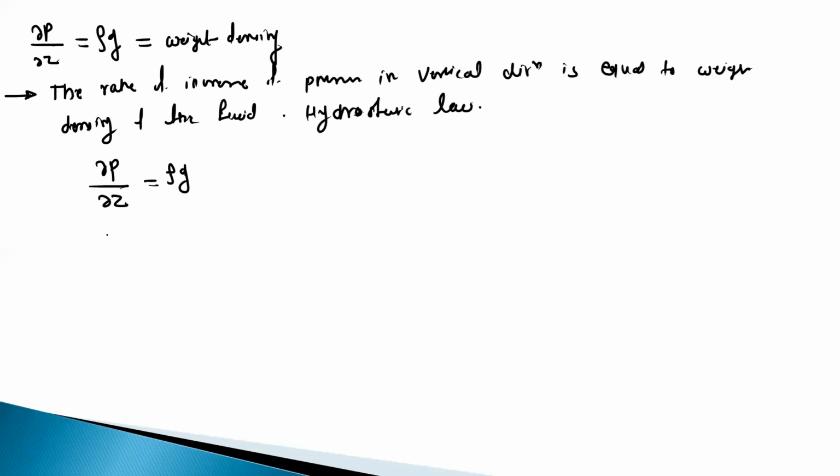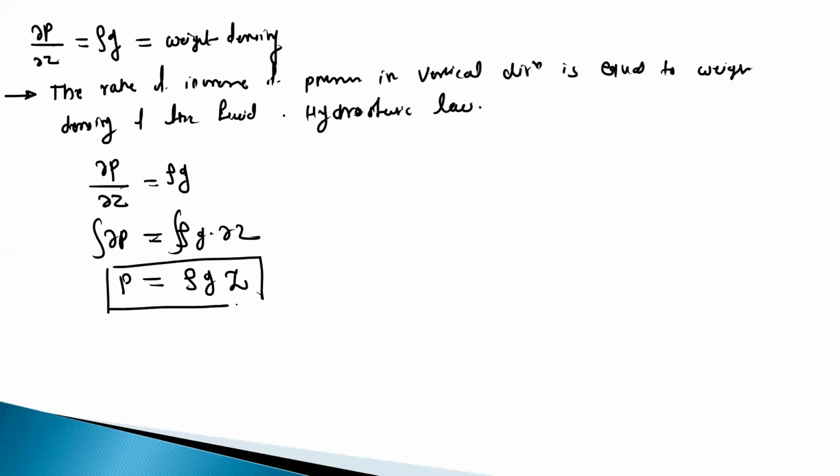So if you integrate this, you will have the equation del P is equal to rho G into del Z. Just integrate this equation, so you will get P is equal to rho G into Z. Okay. So the meaning of this equation is,